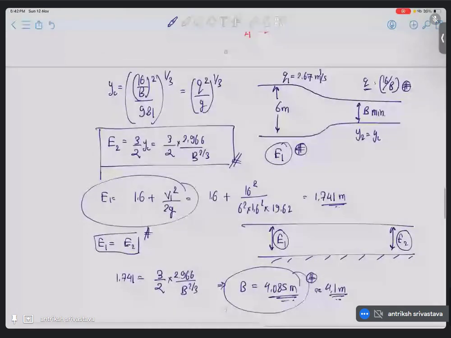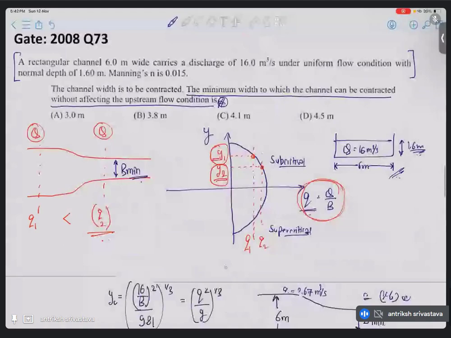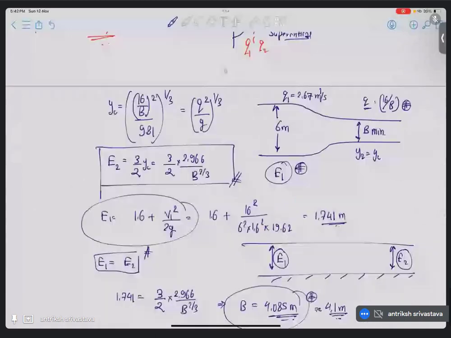So this is your answer, right? This is how you calculate. So what we have seen for calculating B minimum, we calculate the Y critical first. First we calculate the Y critical, then we calculate the E2,